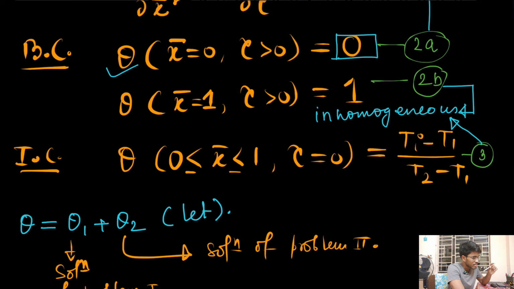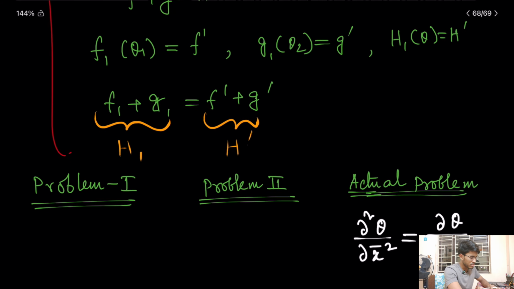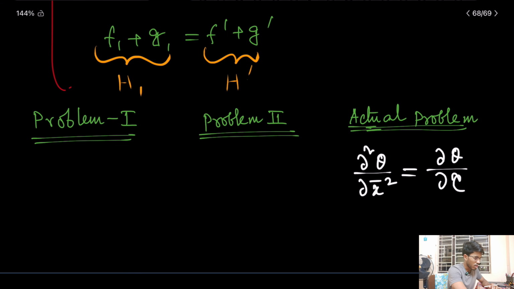that I can get one problem with three homogeneous equations and one inhomogeneous equation, right? And I have to see what could be my other problem, so that the summation of those two smaller problems is equal to the actual problem. Okay, so I think this is a bit hard to understand, so let us see. So if I write